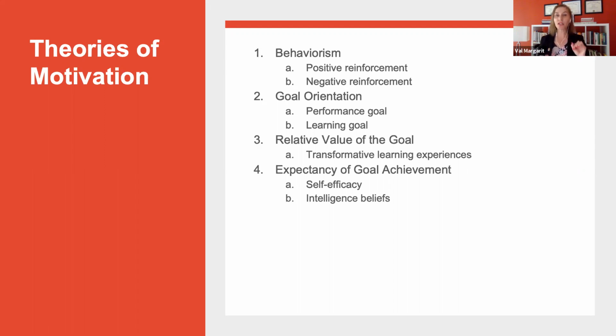Now, with goal orientation, we have two kinds: performance and learning. Now, we want learning because we want our students to be lifelong learners. Performance, they're only learning to get a grade and to get the degree. And then what? They don't have the skills. They don't have the skills to be productive in the real world. And that was one of the data, right, from the slides we looked at, that students are not employable. They don't have the skills necessary for their particular degree. And that is because of the performance goal.